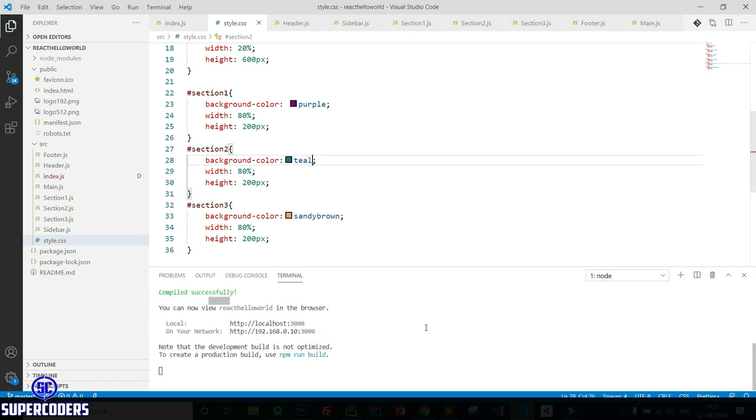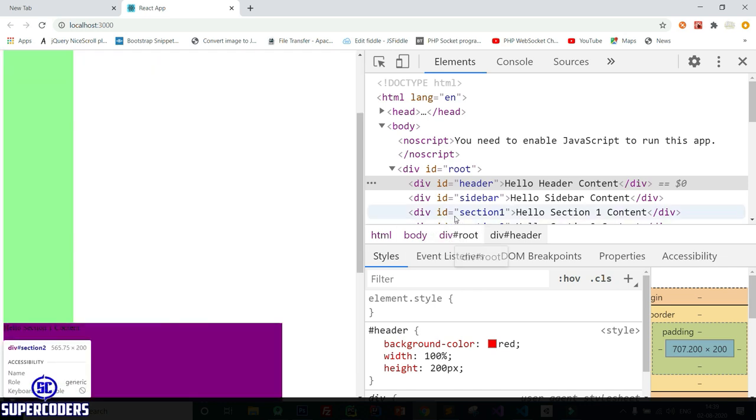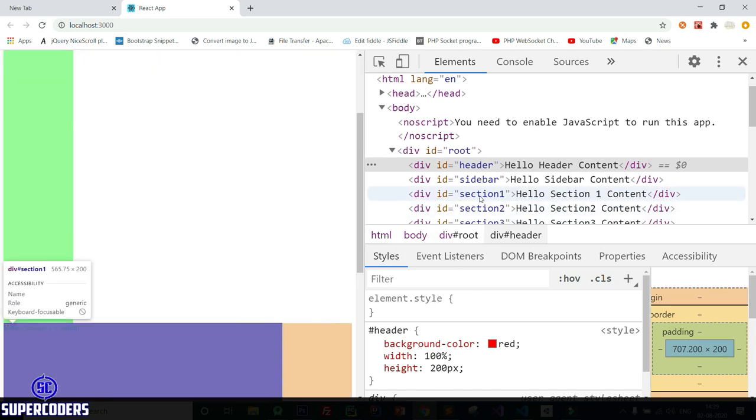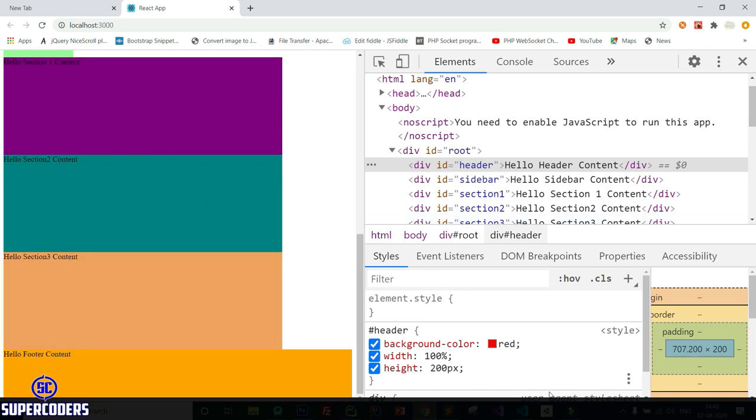Now let's see if it is working or not after styling, and you can see it works, but this comes in the bottom.